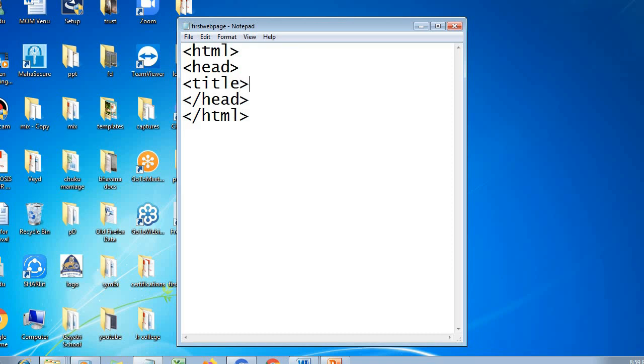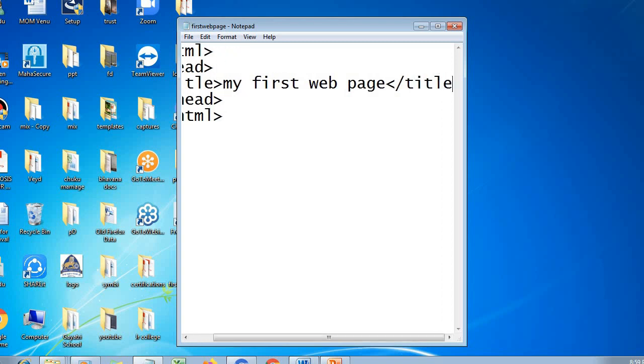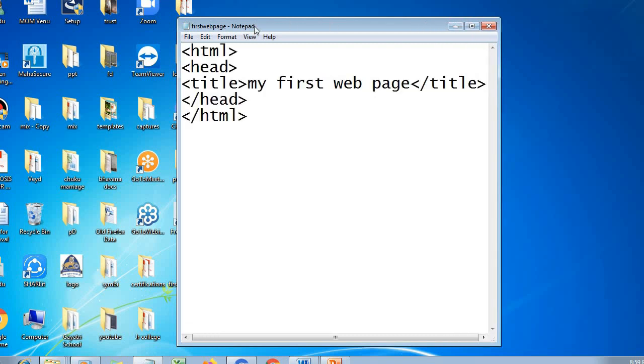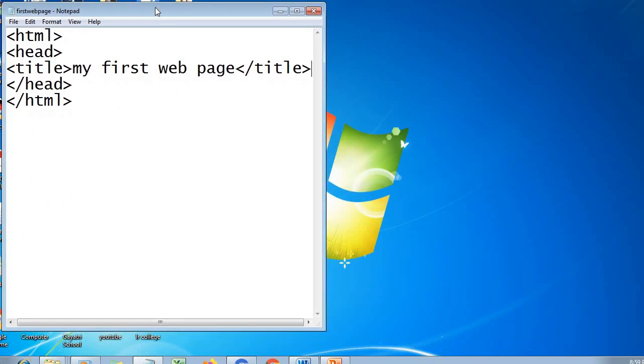I am giving it as my first web page, and I am closing the title over here. With this you can check the output, and simultaneously you can save this document.